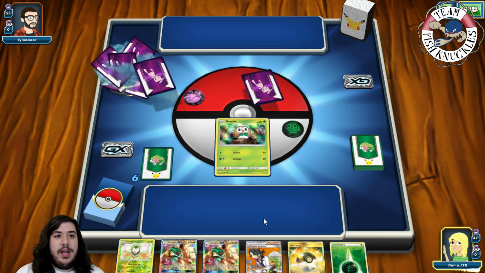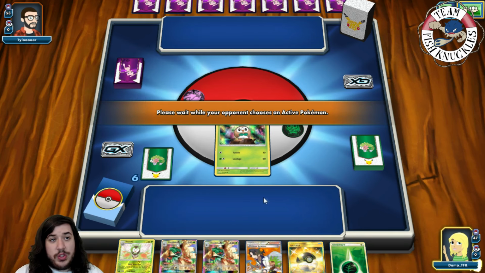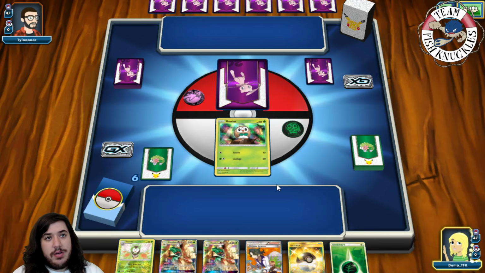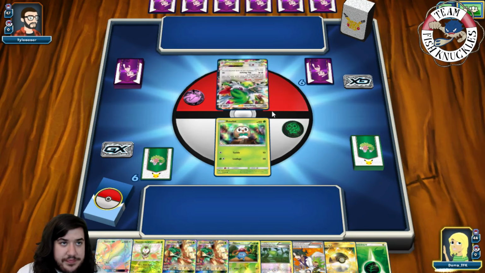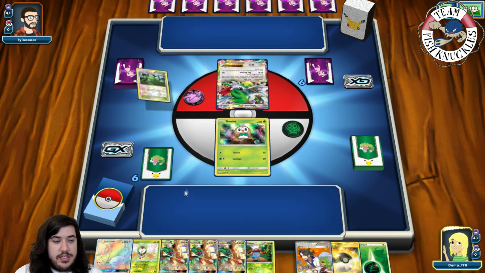Alrighty. Right now we have Dartrix, Decidueye, Grass, Ultra Ball, so we're looking good as long as we can find a Forest off of these 3 mulligan cards. So let's see, what do we get with these cards? Gonna put some Prize cards out, and yes, alright, so press done. There's a Shaymin. Okay, so we have 3 Decidueyes in our hand, so we're gonna force